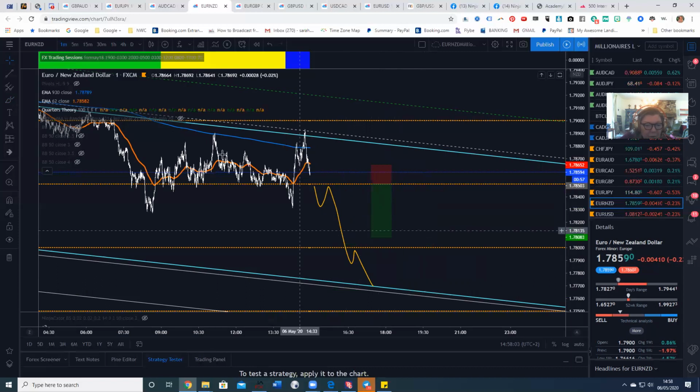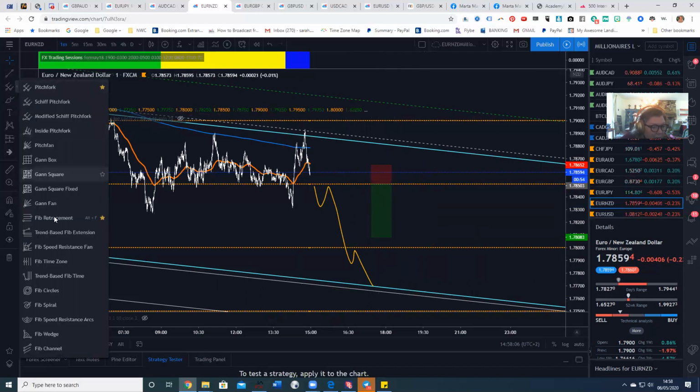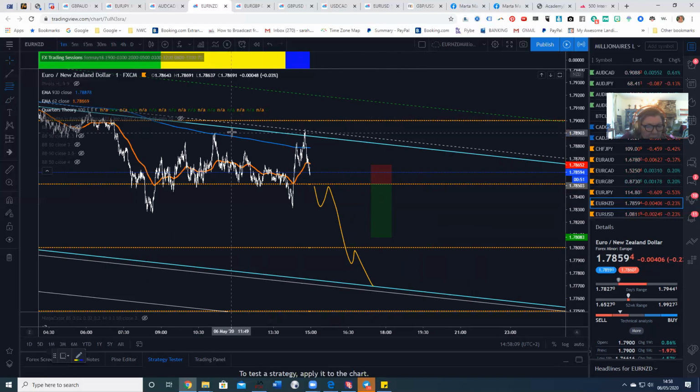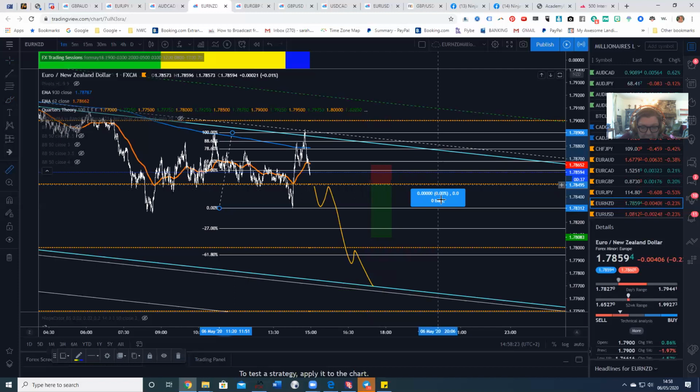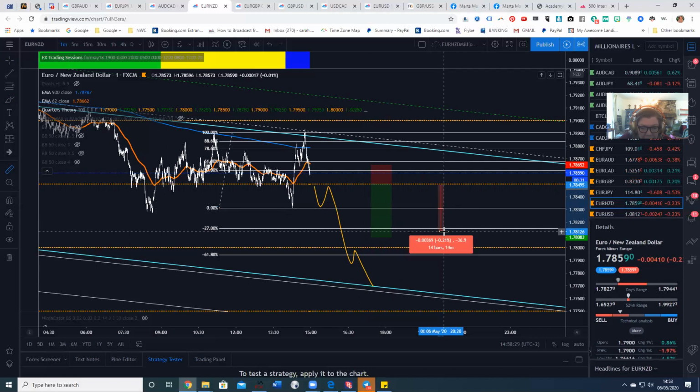And the other thing you can do is put the fib on. So I love putting that on. I love the fib because when I get it right, then I know where my take profit levels are. So that fib is telling you that your take profit level is going to be at around 10 pips. Sorry, that's 20 pips. And then take profit 2 would be at 35 pips. So you've got 20, 35, and there's one there at 50, and one down here at